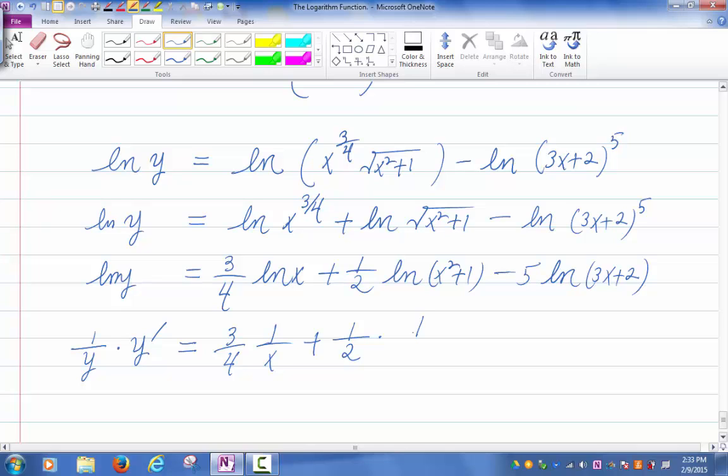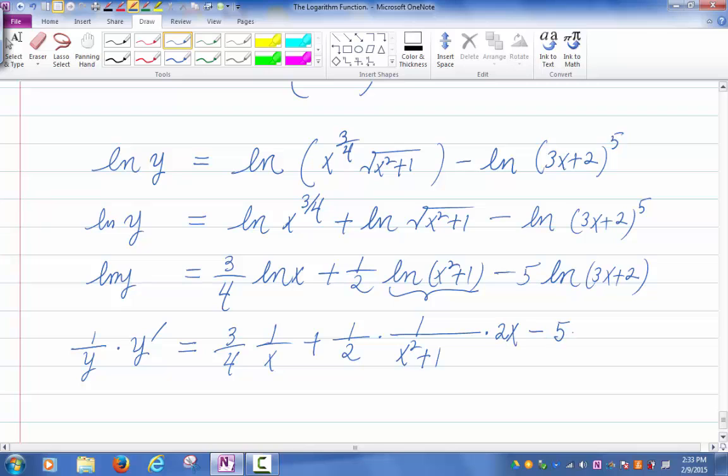Okay, you're taking the derivative of ln of x squared plus 1, right? If x squared plus 1 were just x, then the derivative would be 1 over x squared plus 1, right? If it were just x. But it is not, so I have to multiply by the derivative of x squared plus 1, which is 2x,